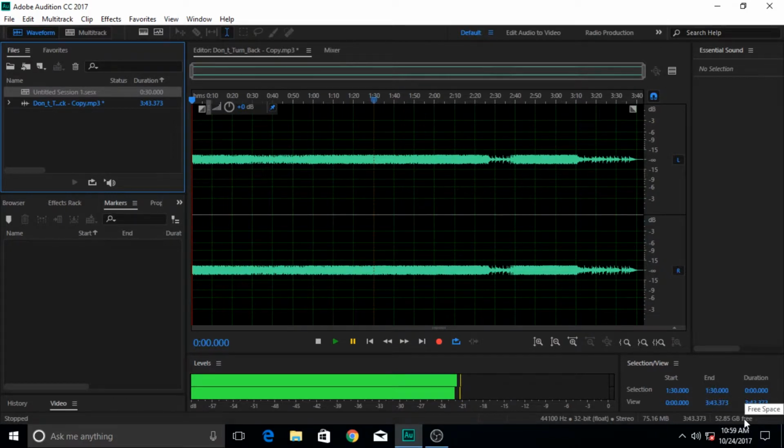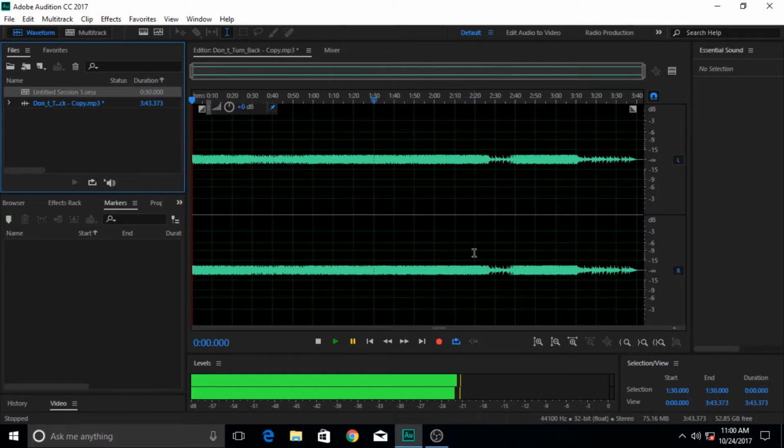So it is a good indication, because working with Adobe Audition sometimes consumes your hard drive space really fast. As I told you, audio waveforms take much more space than anything else, because every sample is considered one frame, and each takes a little bit of data. So it is always good to know that you are not running out of disk space.